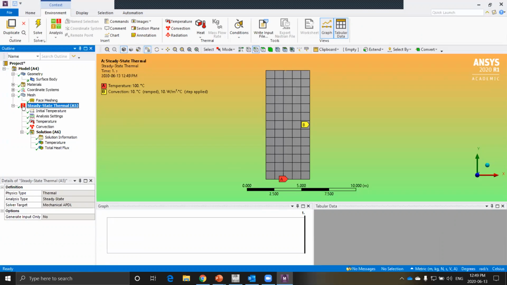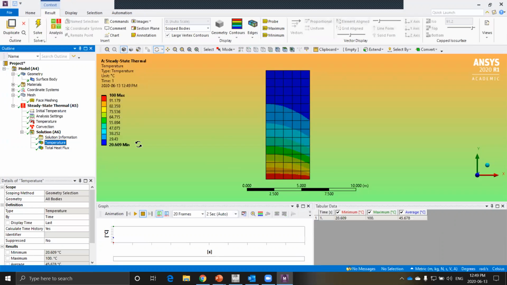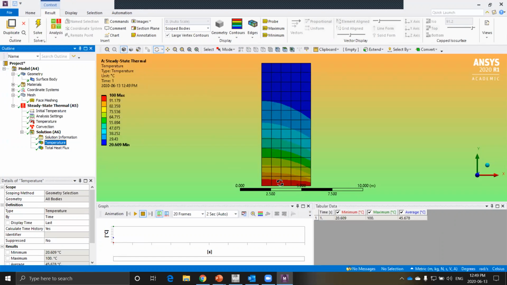Okay, so now it's done, right? So we have green ticks everywhere, all through the history tree. So you can click on temperature, and you can see the plot. So as we were expecting, this is at a high temperature, so that's 100. That's a boundary condition. And there's no heat flow about these two surfaces. So the heat only had the right edge to escape. Oh, that's why it curves, because there's convection on the right side. Yeah, so the heat leaves through this boundary towards the air, and that's the plot.